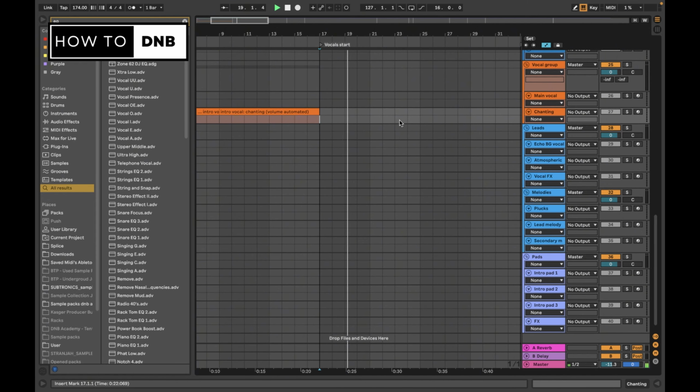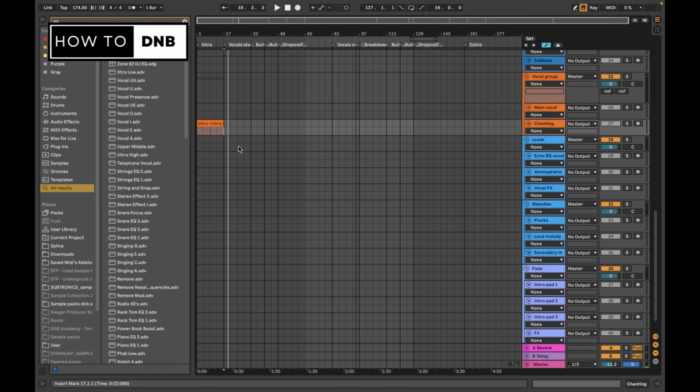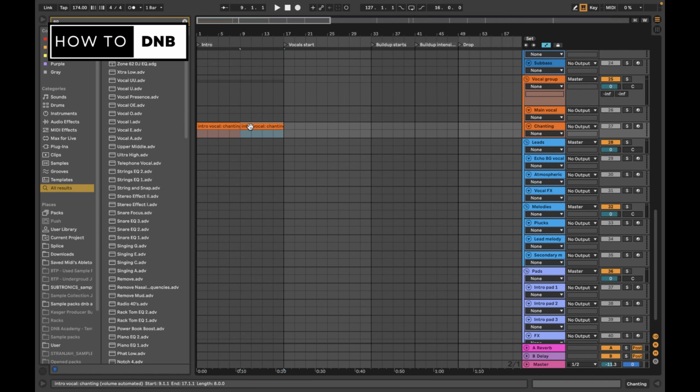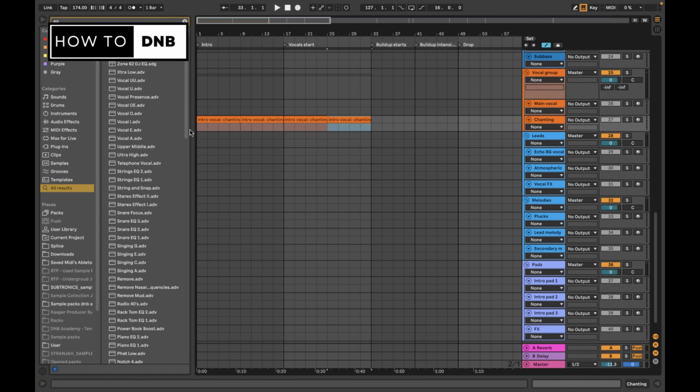Over and under. Actually, it just repeats throughout this whole thing. So it probably goes until the build-up as well. Cool. So we have another element that's filling things up. By the way, what's really nice about this vocal chanting in terms of arrangement, you'll notice that there will be a lot of layers that are just sort of in the background here. When we hear them in the intro,